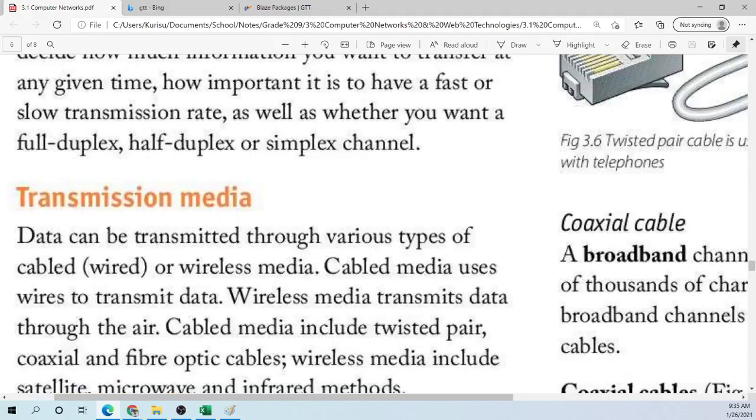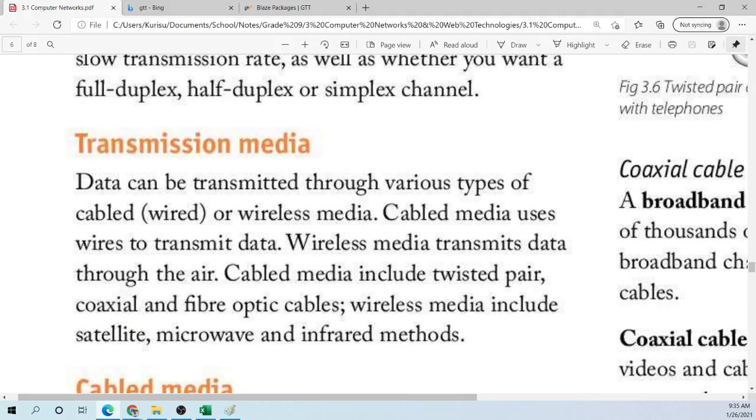There are basically two categories that you will have, that is wired and wireless. And under those categories, you will have different media for them. So for the wired media, which is cables, you're going to have twisted pair cable, coaxial cable, and fiber optic cables. These are just some examples. There's more. For wireless, you can have satellite, microwave, infrared, and so on. Bluetooth, that is on your phone. All of those are wireless connections.